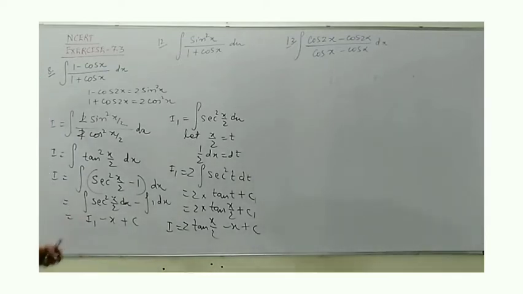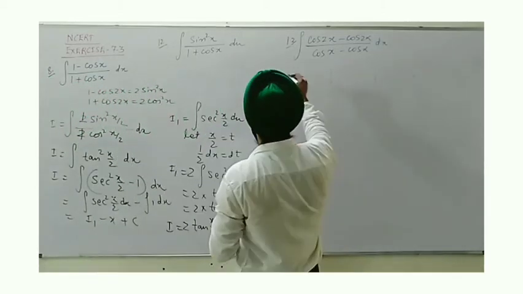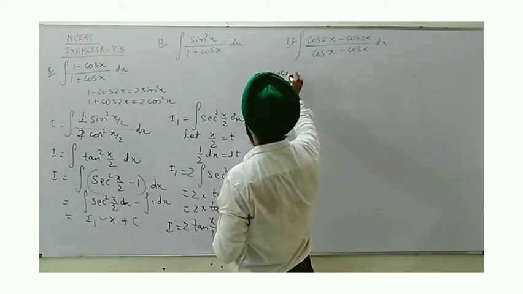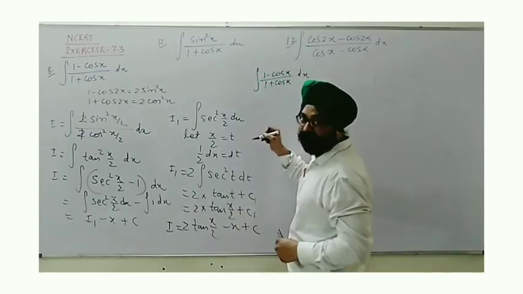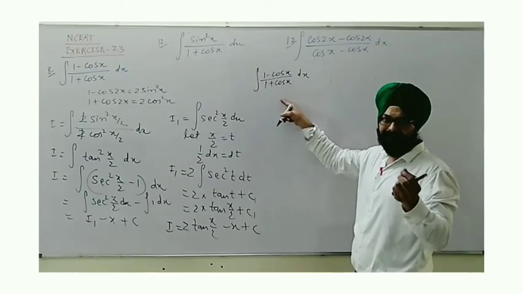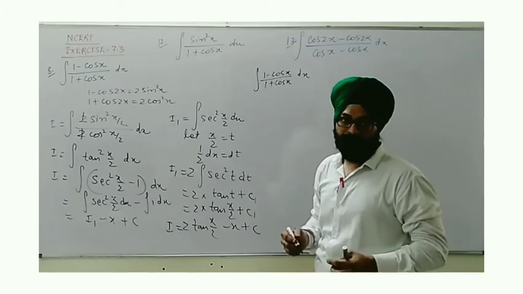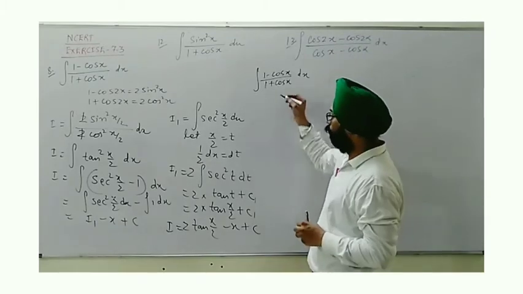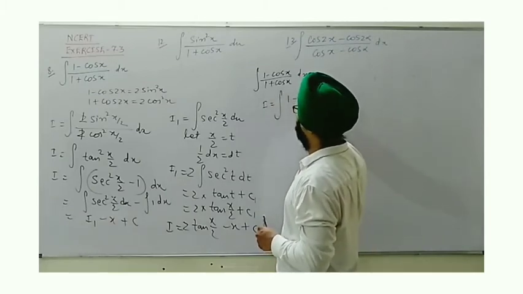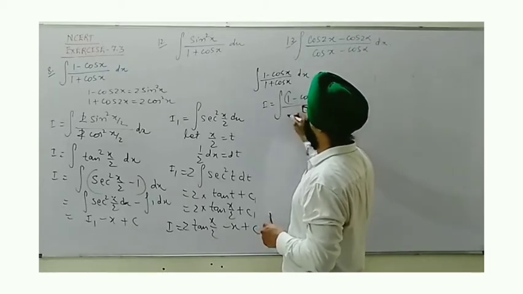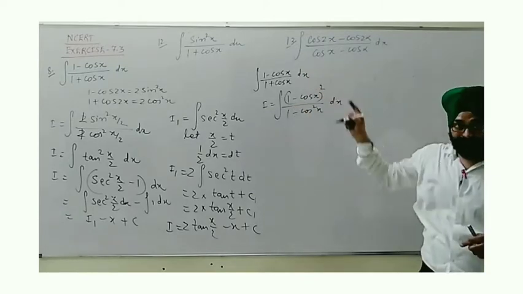Suppose we take the method generally opted for by students, to rationalize. We will see that method also. We have 1 minus cos x over 1 plus cos x, and we rationalize the denominator. This term is used in general, rationalize. The way we multiply by 1 minus cos x in numerator and denominator is what students use. So this becomes 1 minus cos x whole square, and below, 1 minus cos square x.